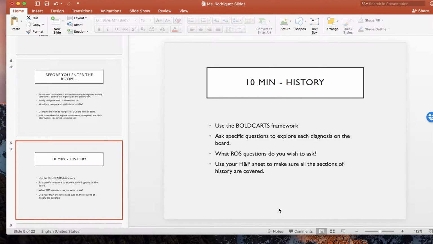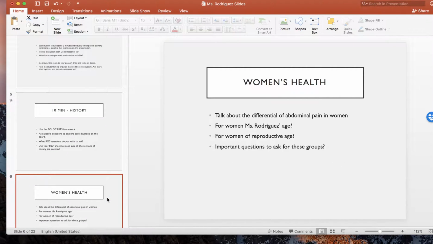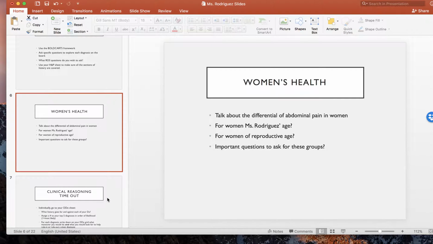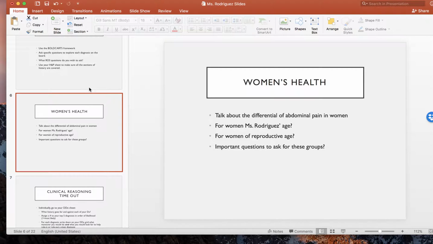And students then will raise their hand or just throw out questions, and you can answer in the voice of the patient. It's also useful in these situations to have meta conversations sometimes and ask the student, why did you ask that question? You asked about NSAID use. What were you going for there? Why'd you ask that? So it's useful actually to come in and out of the role. What I would do then is either after the history or at some point, midpoint in the history, get to